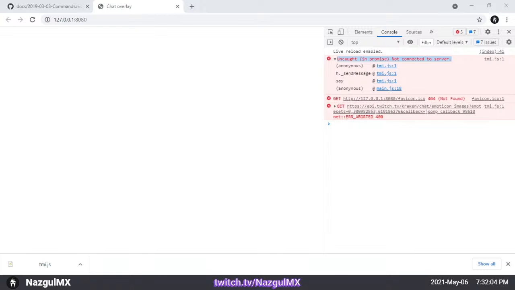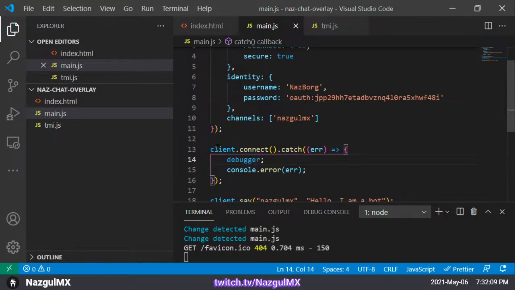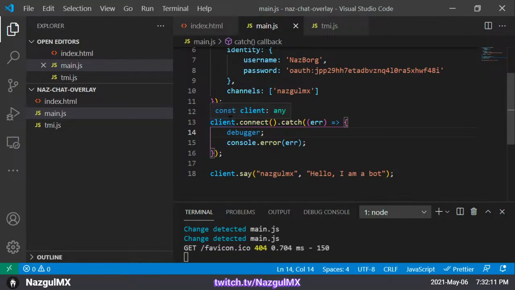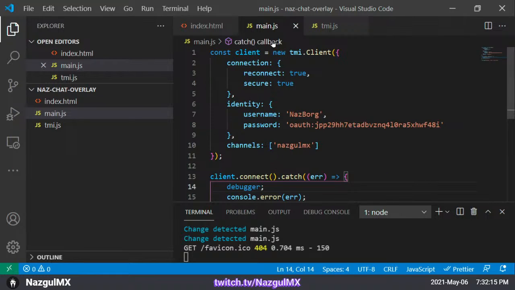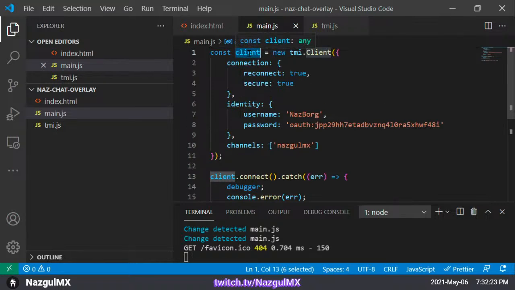I need to create the client connect. Okay, new TMI.client. The client refers to the